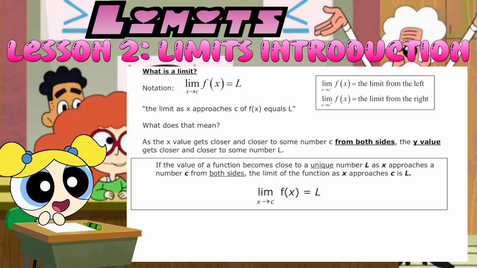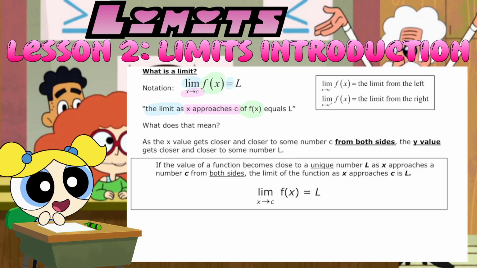So let's go. All right, first thing, what is a limit? Well, here's the notation. How do we read this? So when you read this part, we read it the limit as, right? So maybe I should highlight with the highlighter and match it up. So when you read this, it is the limit as x approaches c of f of x